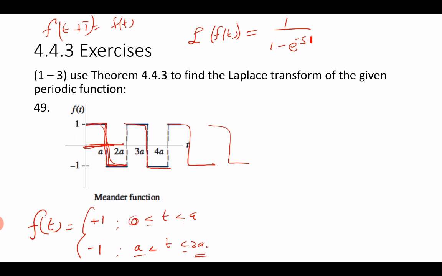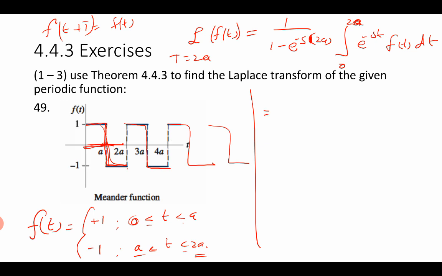T is 2a, so e raised to minus s times 2a in the outside, and integral 0 to 2a e raised to minus st f of t dt, and 2a can be separated into two parts, 0 to a and a to 2a. This is what we are going to do here. So now, as per the formula, it is 1 over